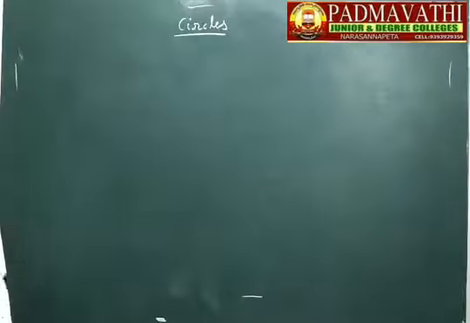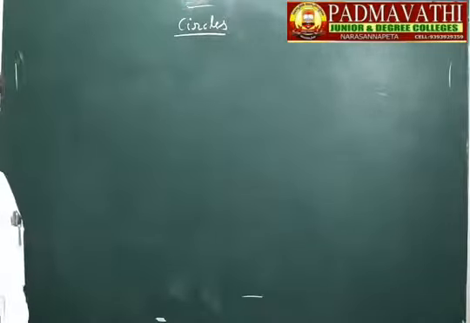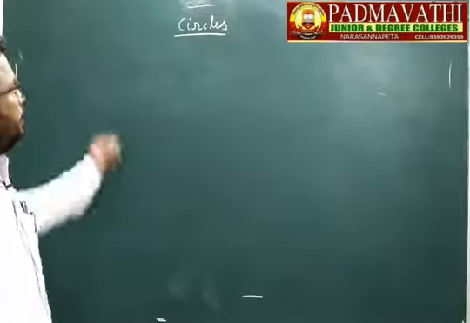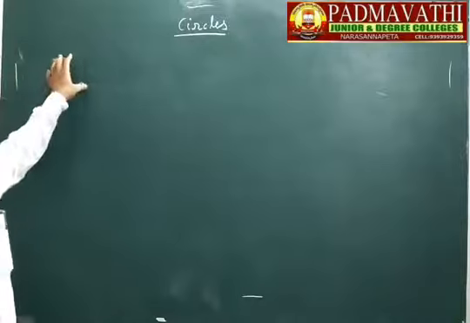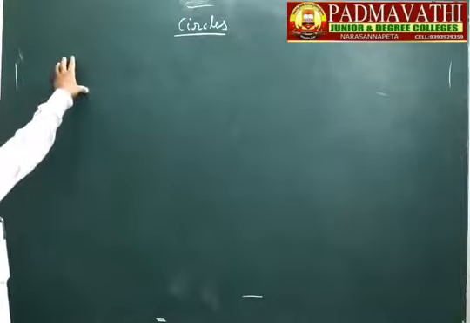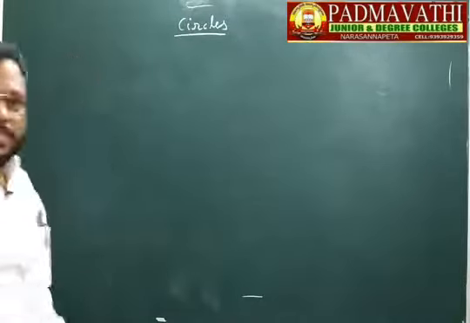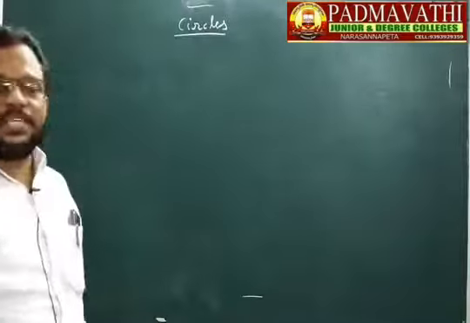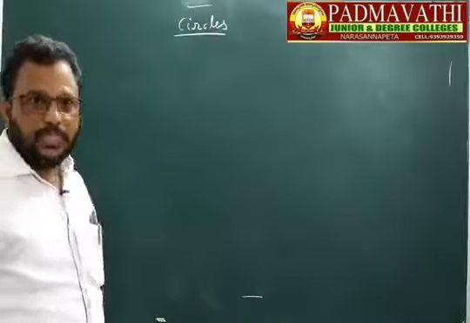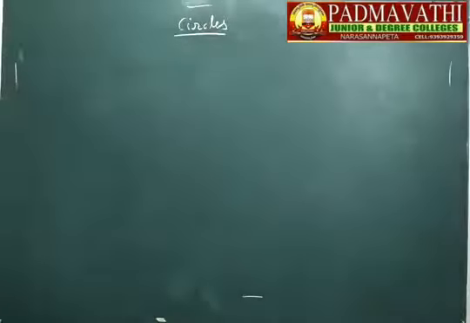In this chapter, in IPE examinations, we have 5 questions: 2 marks questions, 1 4 marks question and 2 7 marks questions. Today we will discuss a small concept in this circles, that is definition of the circle and equation of the circle and some more observations and also some more applications of those observations.